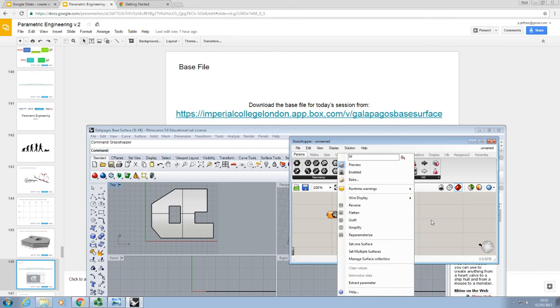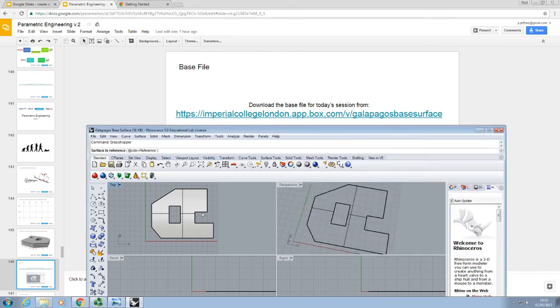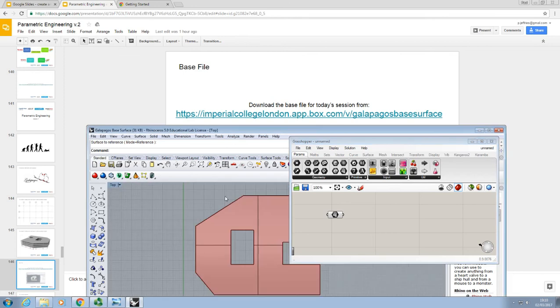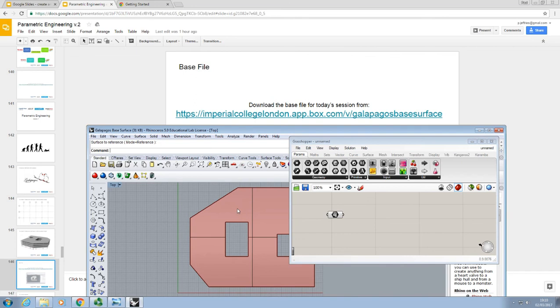And then we'll right click on that, go to set one surface, we'll select that surface. Everything that we're going to be doing today is in plan. We're not going to complicate this by going into 3D, although you may wish to do so afterwards if that's something that entertains you. We're going to keep everything in plan, so I'll just put this into top view so that we can just